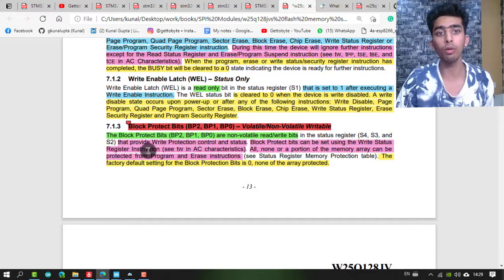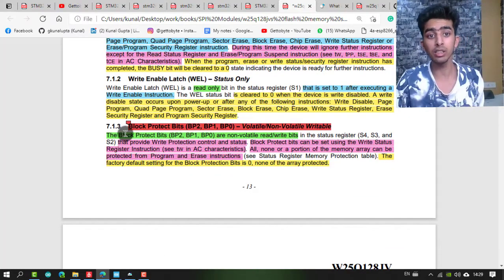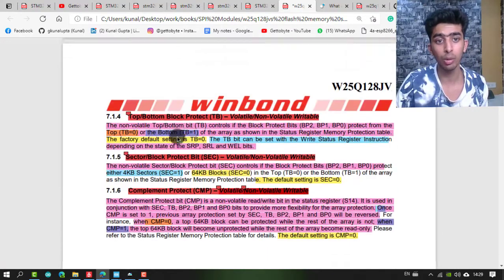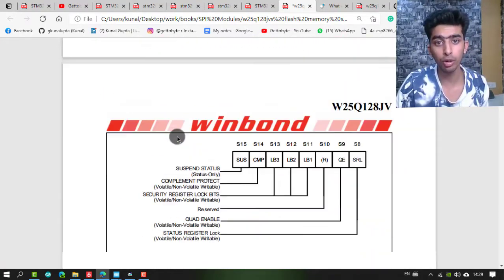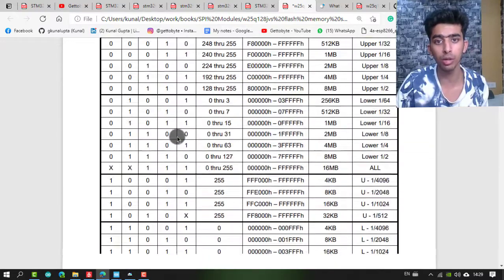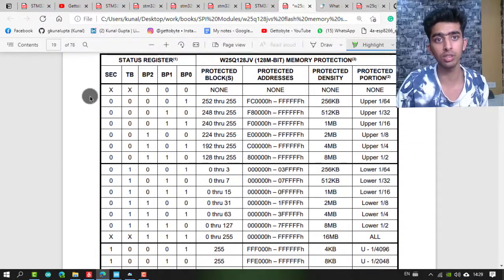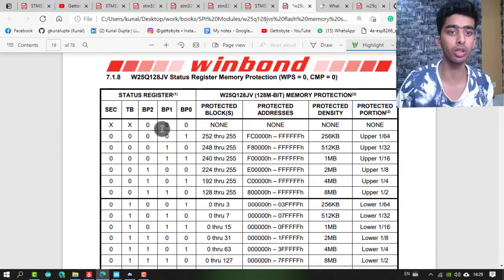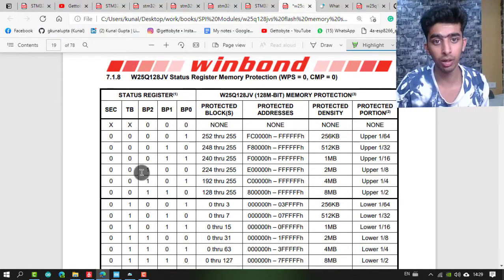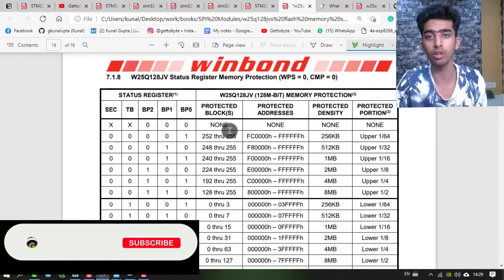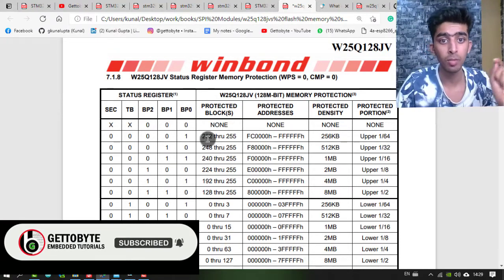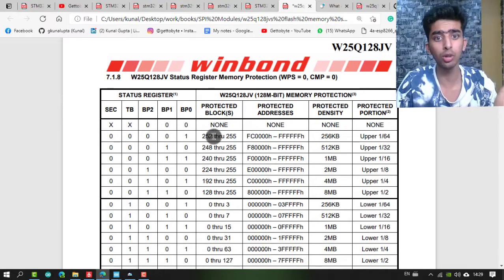Then come the block protect bits. The configuration of these 3 bits will decide how much memory is protected. As you can see from this table, the status register is this, and BP0, 1, 2, 3. Depending upon this table, it will select which of my blocks are protected. As I have told you, we have 256 pages. So pages 252 to 255 are all protected.